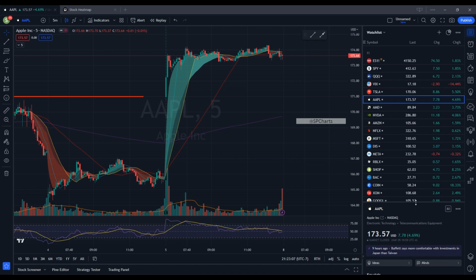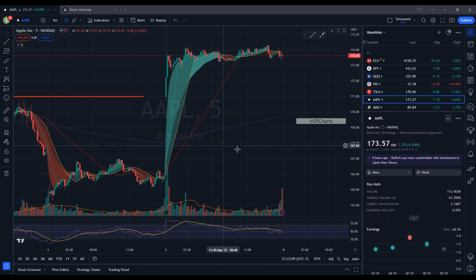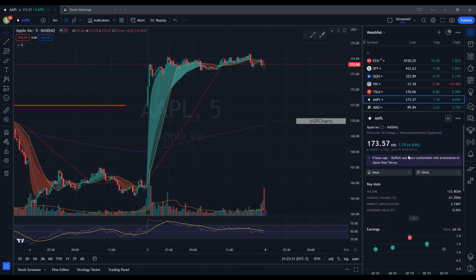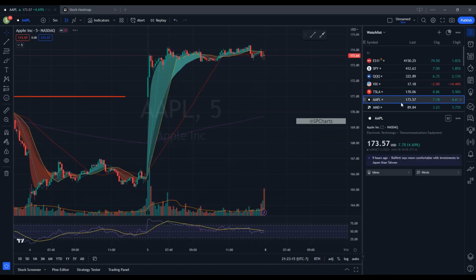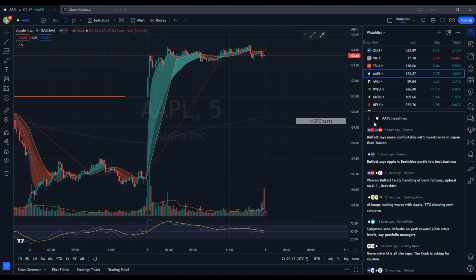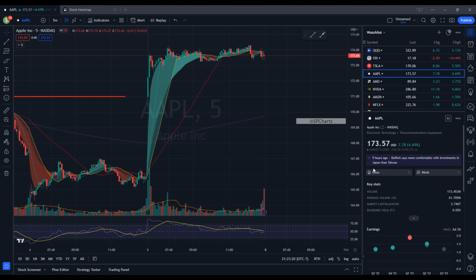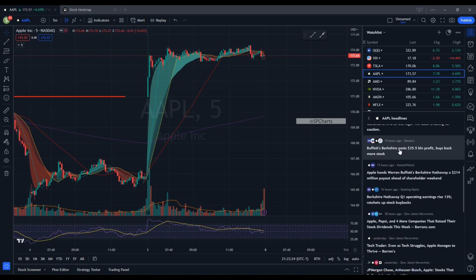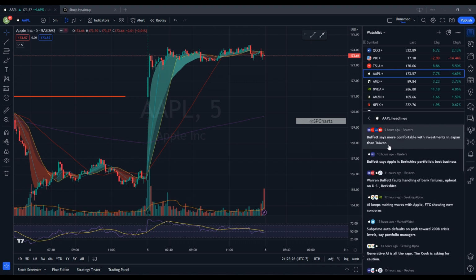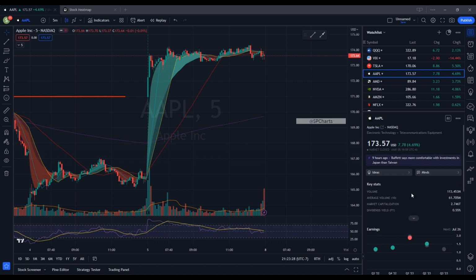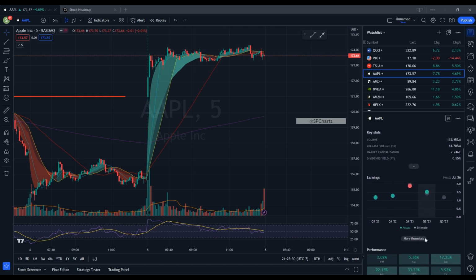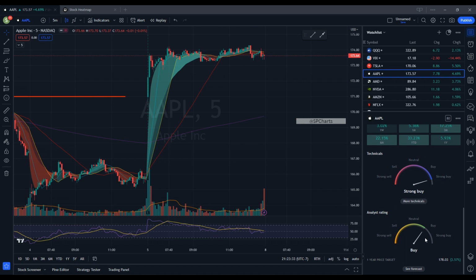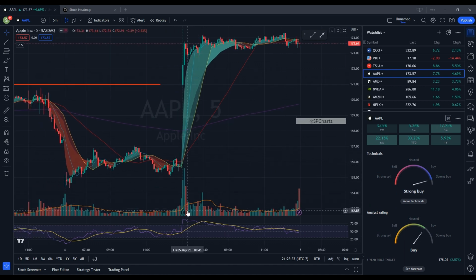Now, if a stock's rising, all of a sudden there's probably news. And to check the news, you can click on any stock and there's a little blurb right here in purple, go ahead and click that. And it's basically the recent news related to that stock. It does get delayed quite a bit. So just be careful. Sometimes you're better off taking a look at someplace else for the news. But